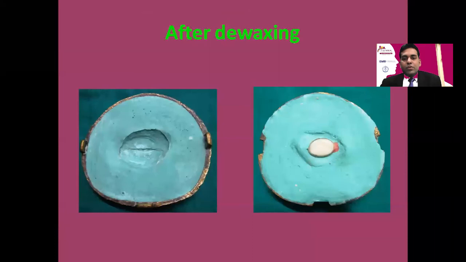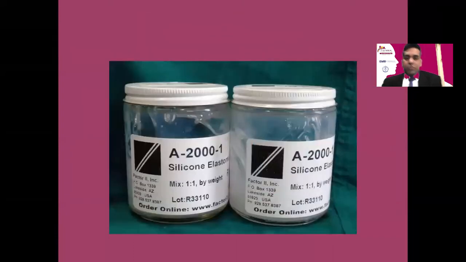And this is how it looks after dewaxing. So here you can see that the index as well as the eye shell has gone into the upper part, and the defect area which was filled with the wax is in the form of a hollow cavity. Now we are going to place the mixed silicone in this region. So you need to take the medical grade silicone, which has two components. These two components are mixed in equal quantity,